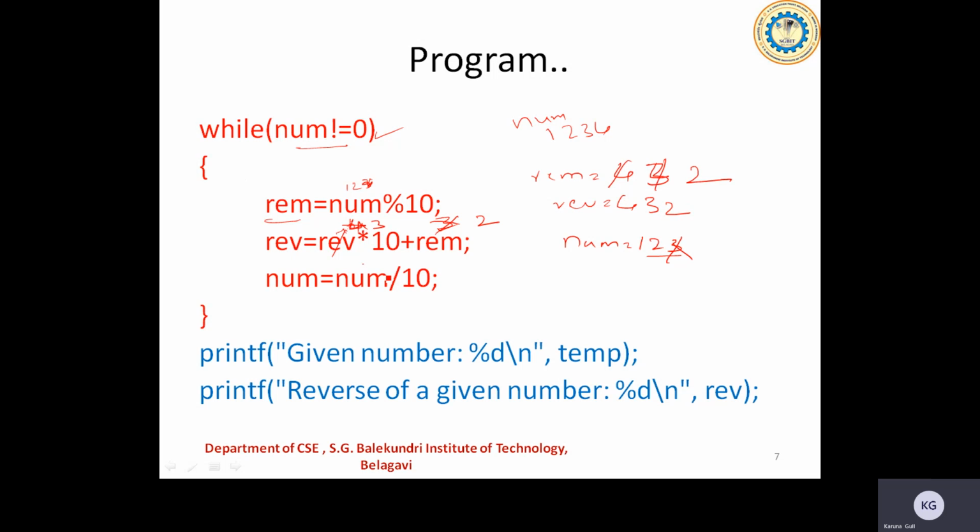Reverse value is 432. Num is equal to num by 10. So this part is eliminated. So I'm left with only 1. 1 is not equal to 0. Again, I'm entering into the loop now. So 1 modulus 10 is yielding me 1 in this case.